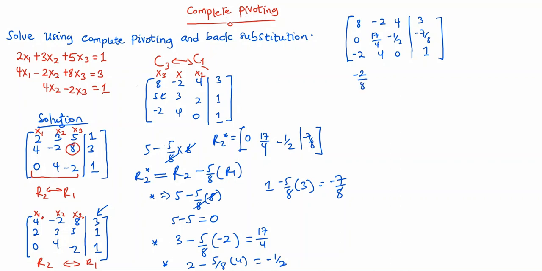Okay, when we do this, you are going to get minus 1 over 4, right? You're going to get minus 1 over 4. So what I'll do is multiply this minus 1 over 4 by this 8, and then try and add it to this 2 and see if I'll get what? 0.